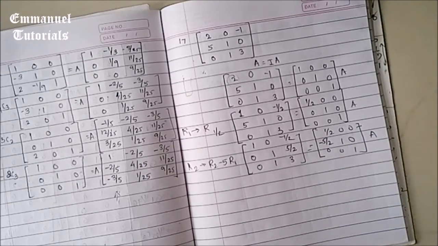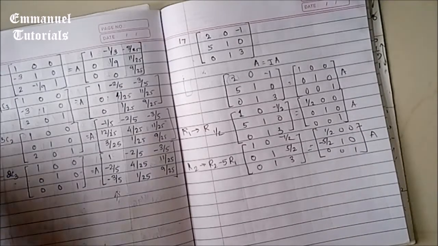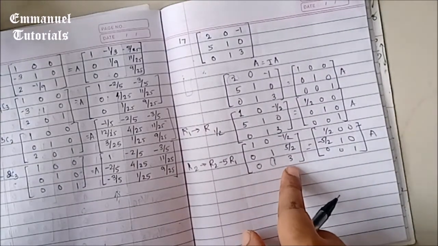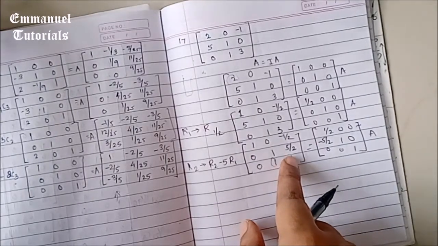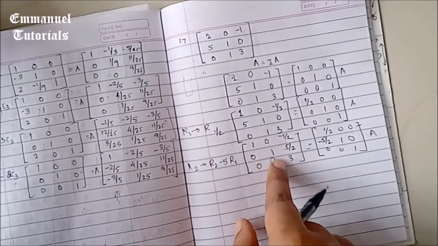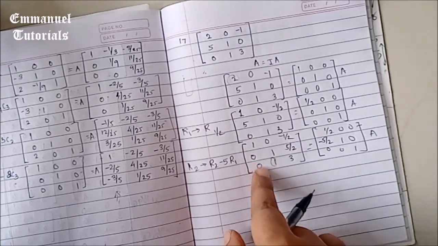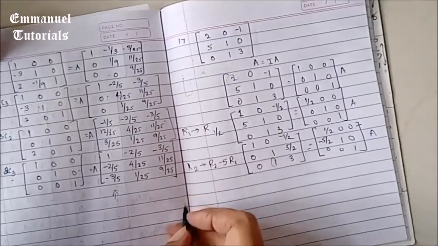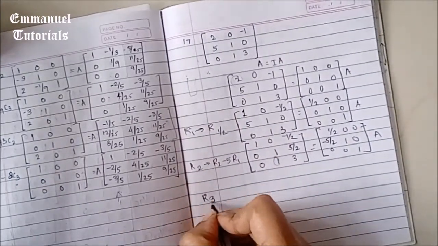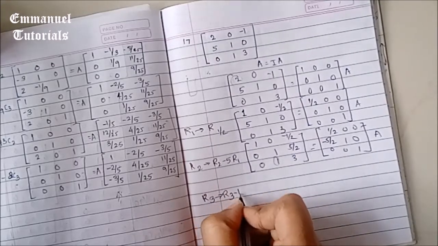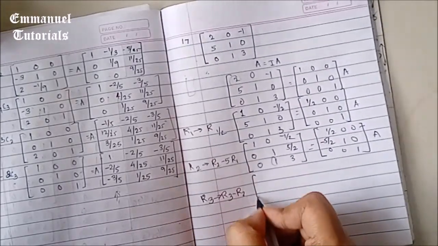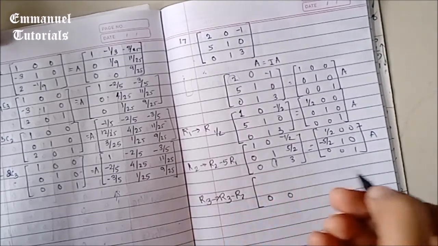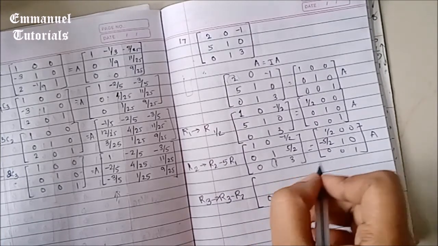Now we go to the next element, which is this one. To make this 0, we can use the second row because it's already 1, and the other elements which we have transformed will not get affected. So we can just say R3 is R3 minus R2. So 0 minus 0 is 0, 1 minus 1 is 0, 3 minus 5 by 2 is 6 minus 5, which is 1 by 2.